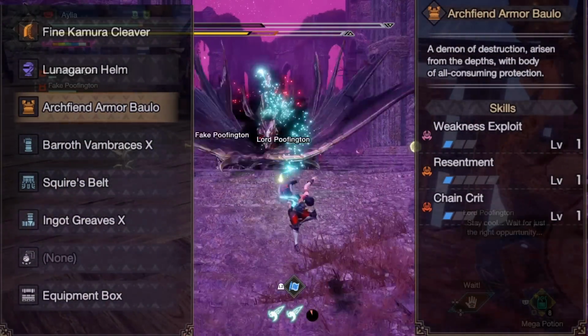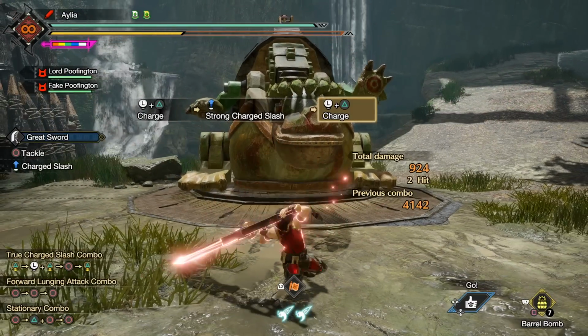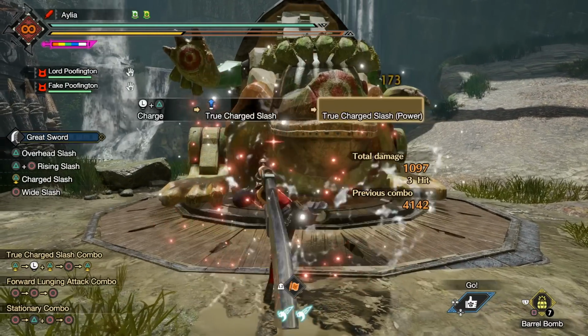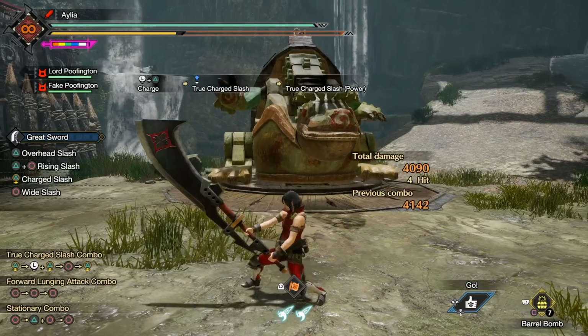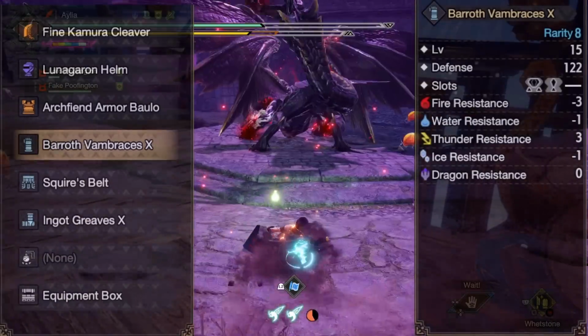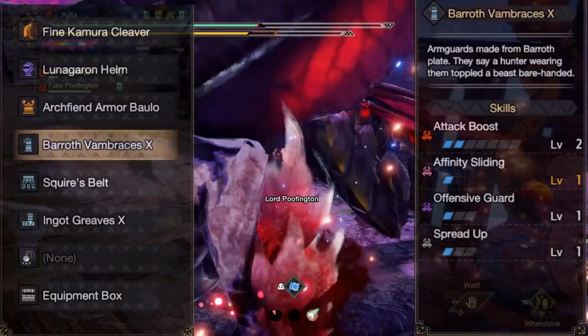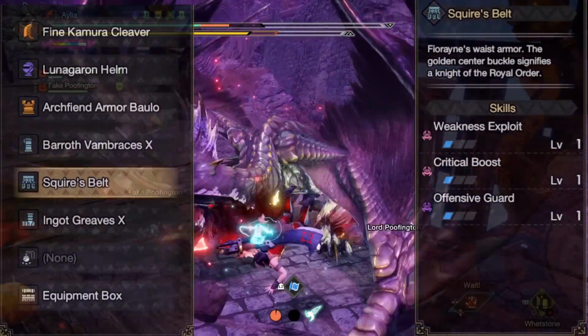Chain crit for a few seconds will give you plus 5 raw, and it lasts long enough that the little hit of true charge will activate it, and then the big hit will benefit from it, so we get actually 2 very tangibly useful skills on top of that plus 3 efficiency, if that hopefully makes sense. Then we have Baroth Gloves with an offensive guard, 2 attack boost, and a 2 slot, that is a plus 4. The Squire's Belt, which is ridiculously good,